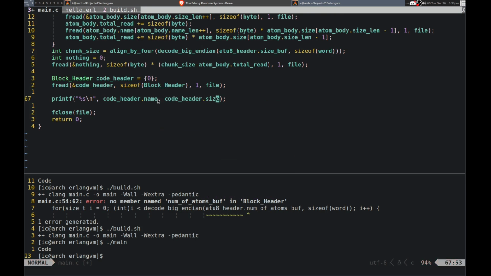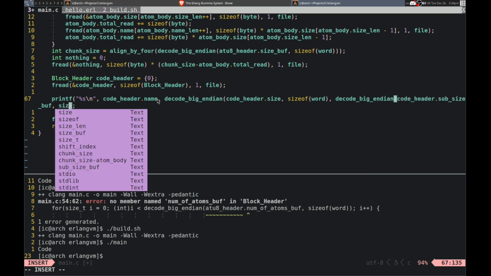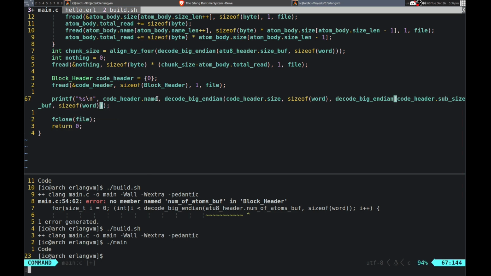We got size, and we need to convert, we'll decode it. Like that. And yet again, with the sub size buff. Sub size buff, word again. Okay.